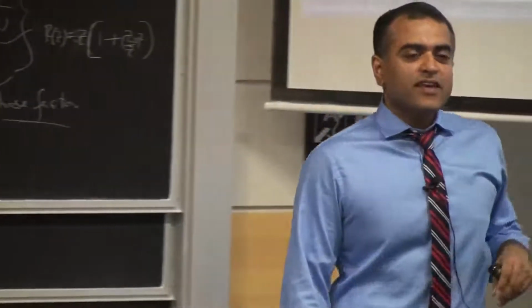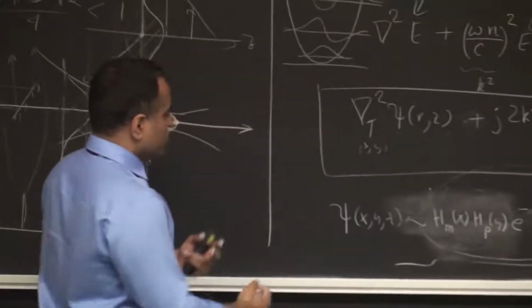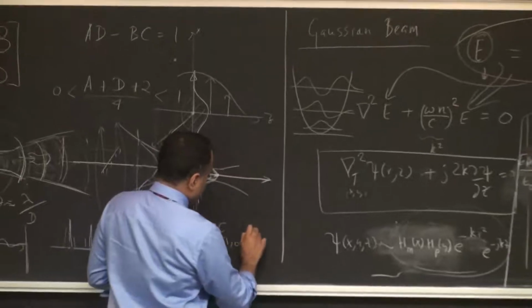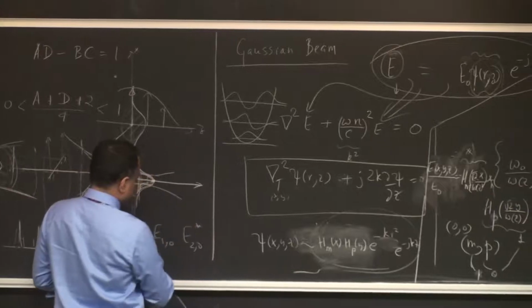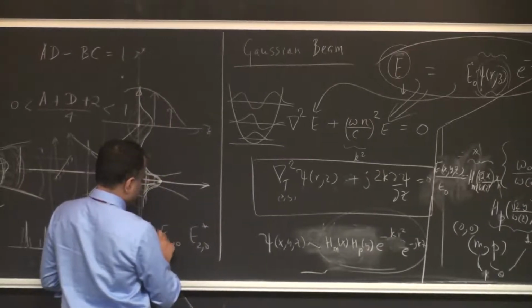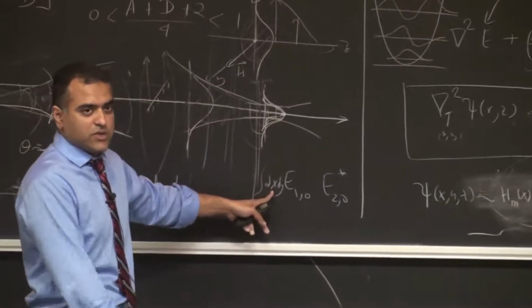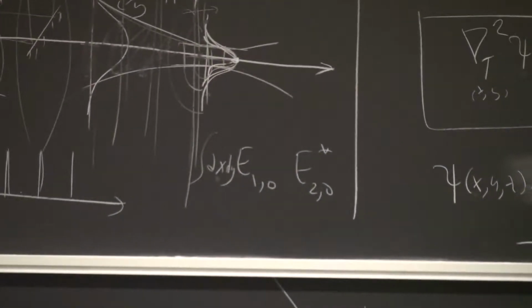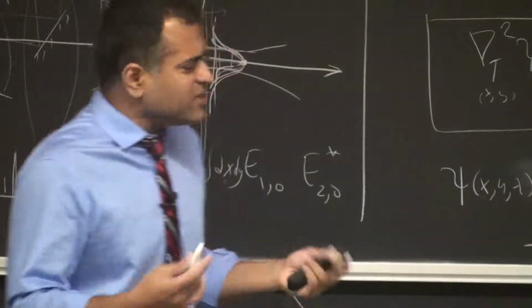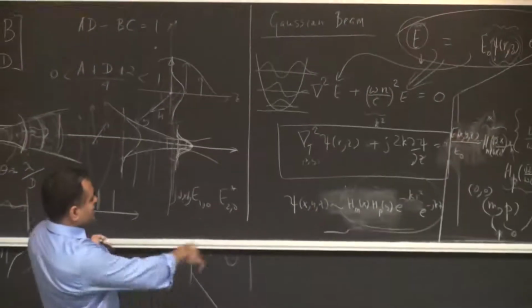Yeah. Are all these modes assumed to be orthogonal to each other? They are actually orthogonal, as in if you take the product of the two, if you take E10 and take E20 star, and you integrate it over any period in space or in time, you will always get a 0. And anything to do with energy and observables, you're right. They're orthogonal. Intrinsically, these are orthogonal. HM and HP will be orthogonal, and very similar to if you have done the quantum, the wave functions will be orthogonal. Okay, so why are we even talking about this?